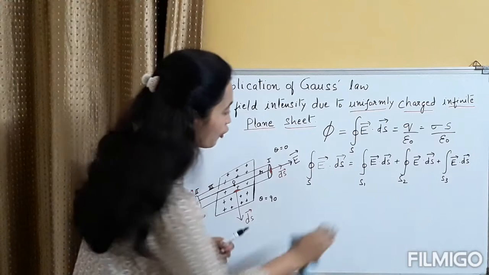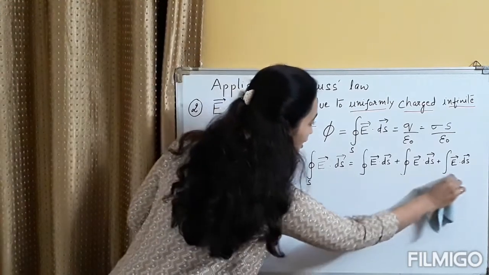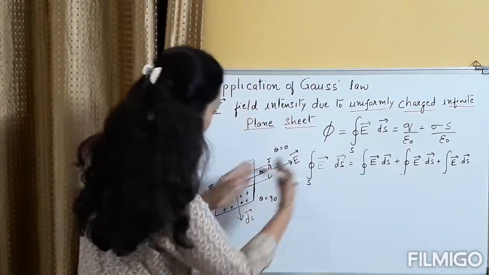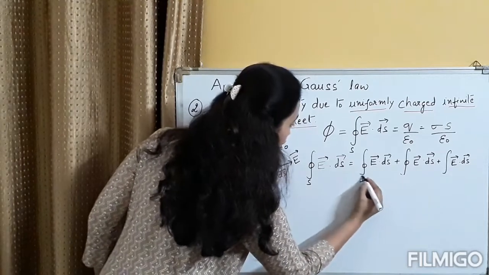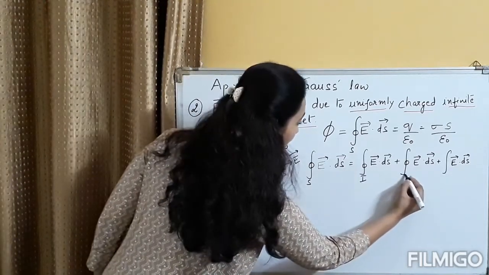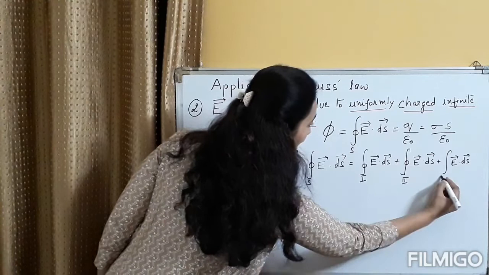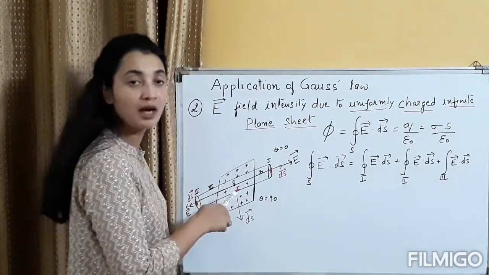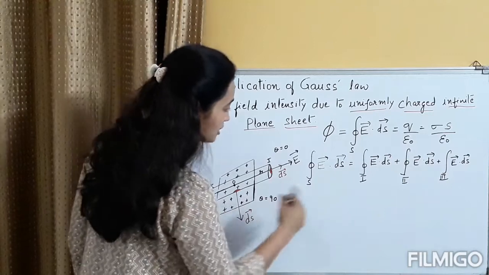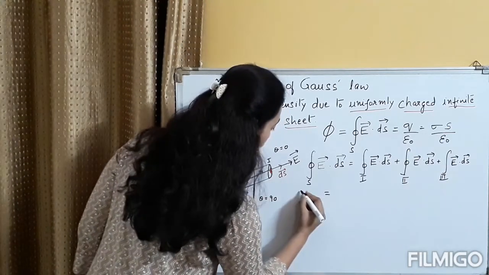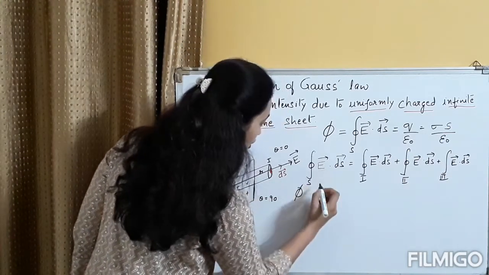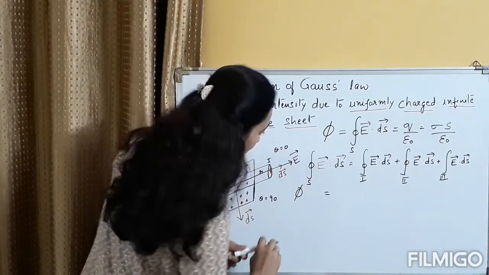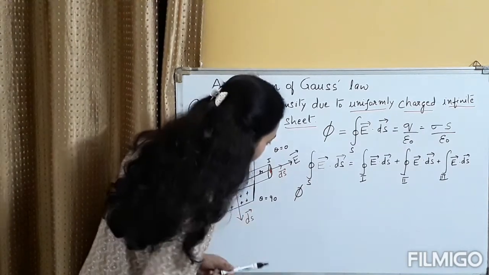Instead of calling it S1, S2, S3, I better mark it 1, 2, 3 so that you can identify it with the diagram here. This is for the first end cap, this is for the second end cap, and this is for the third part, which is the curved surface of the Gaussian cylinder. So the total flux phi, which is equal to E dot ds, is equal to, writing it,